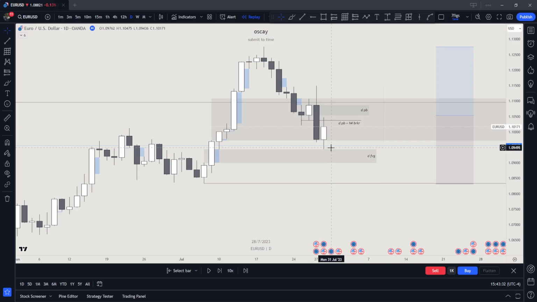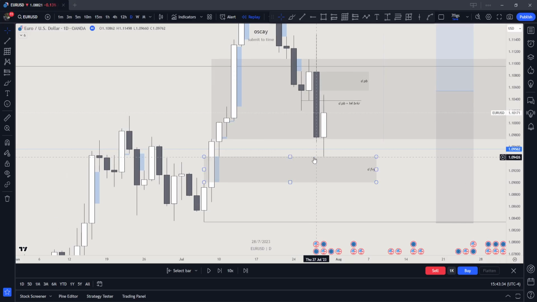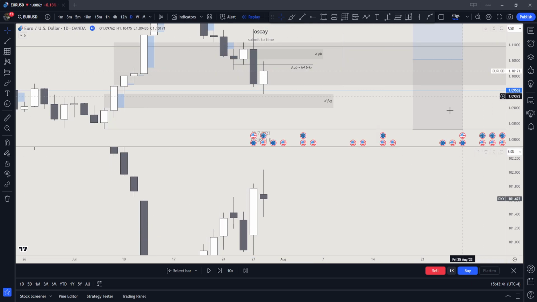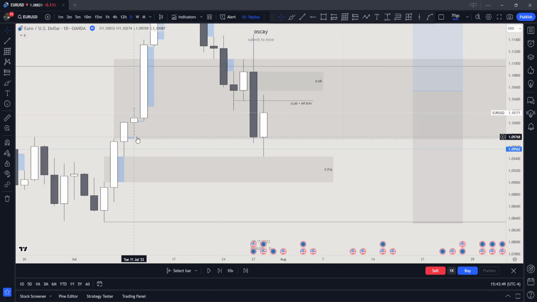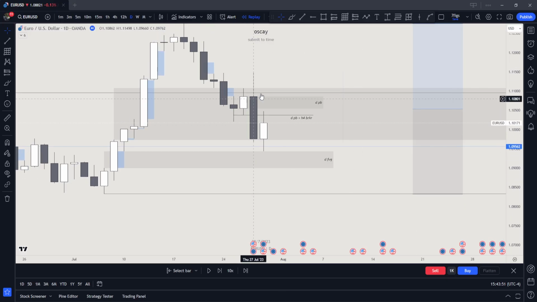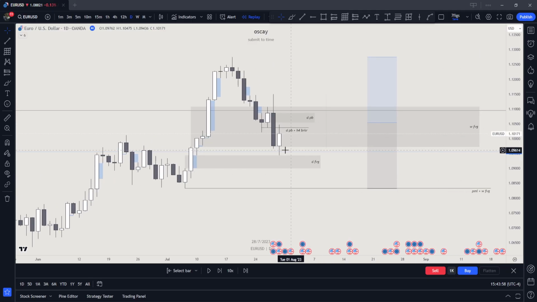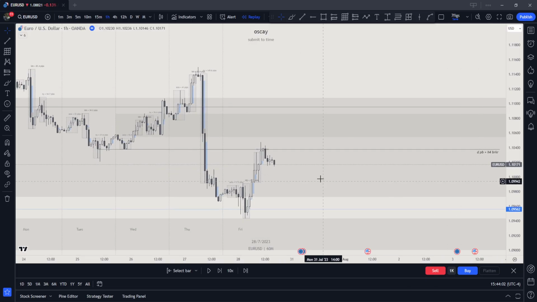Okay, our sentiment is still the same. We left equal lows right here. I want to see if we tapped it on DXY. We reacted on DXY from it, so okay, we reacted off a daily fair value gap on DXY and also on EU. Okay, this is interesting. The sentiment, everything still stays the same. The place where we can react back up from is right here, so we need to be cautious.